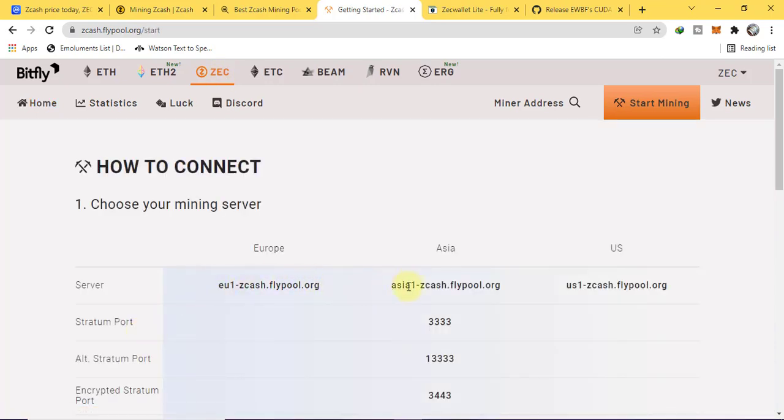This is the information. So let's install the Zcash wallet and the miner that we downloaded earlier.